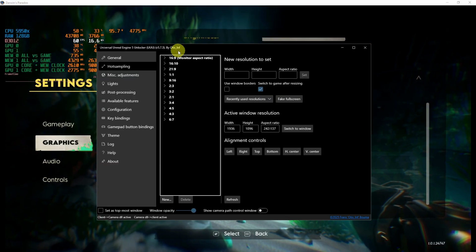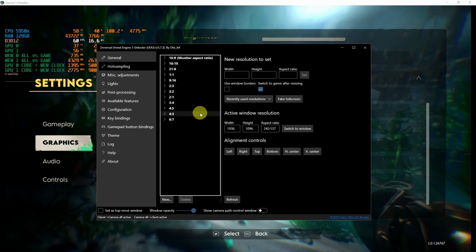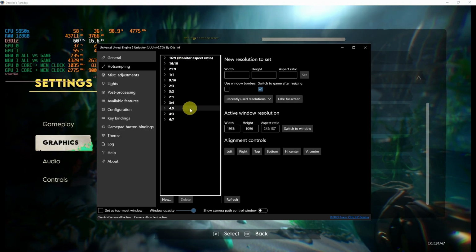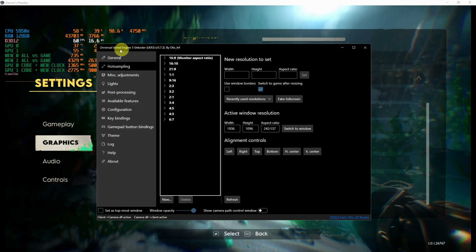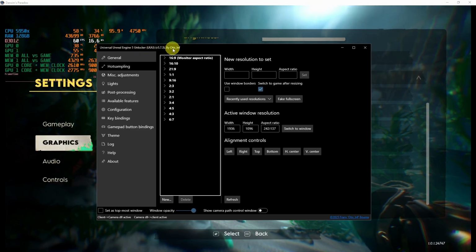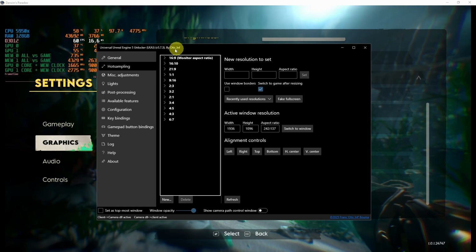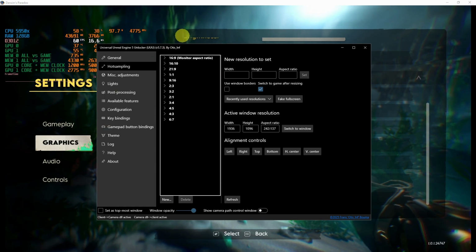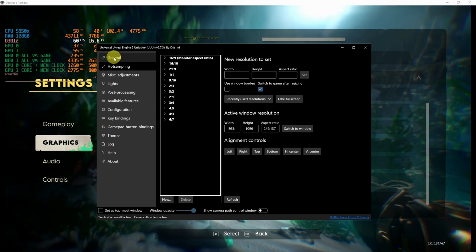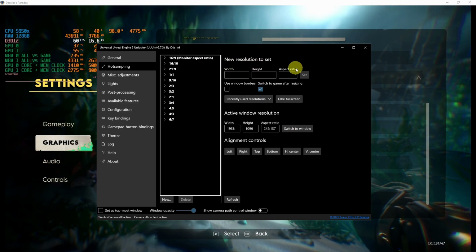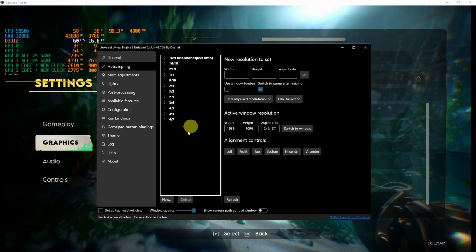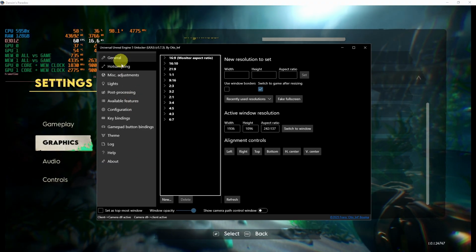So if you want to change the resolution to something that the game is not accepting, you have to download this program. Here you can read the name and you can see the author. So thank you, bro, for providing us this program. All you have to do is click on general and choose the executable in the task manager, and then hit OK, and it will show you the